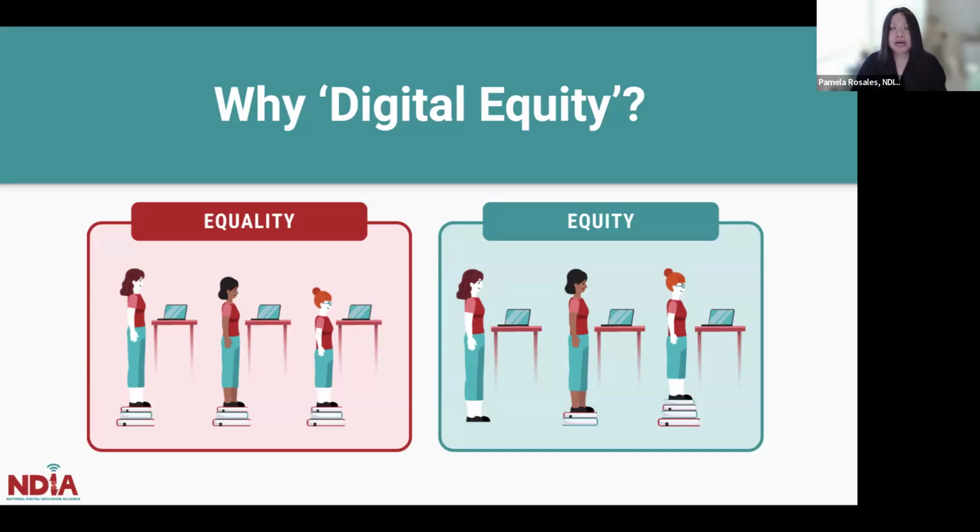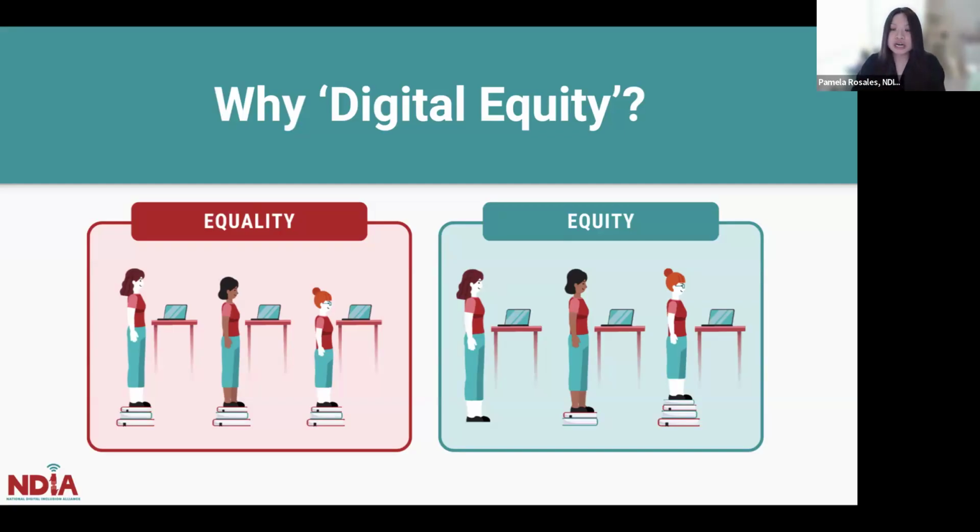And digital equity means that we are meeting our community members where they are at currently. It's an opportunity for us to understand the specific, unique challenges and barriers that prevent people from getting online and using the internet the way that they want to. And barriers can look different between communities, right? A rural community will have very different barriers, challenges, and experience compared to an urban community.